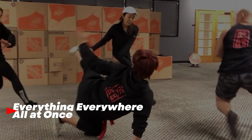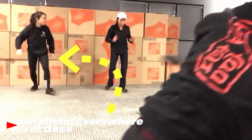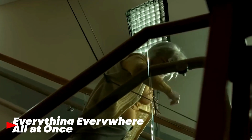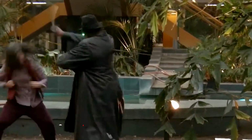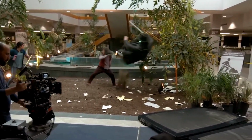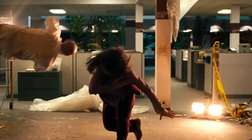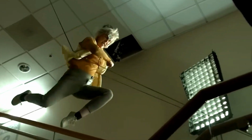The action-packed movie Everything Everywhere All at Once was brought to life using a blend of practical and digital effects. The producers collaborated with skilled artists, designers, and special effects professionals to construct a surreal and otherworldly universe. The production team used a combination of practical stunts and advanced CGI to create the characters and action